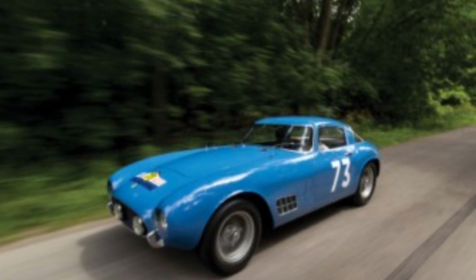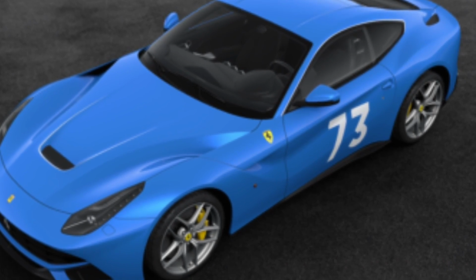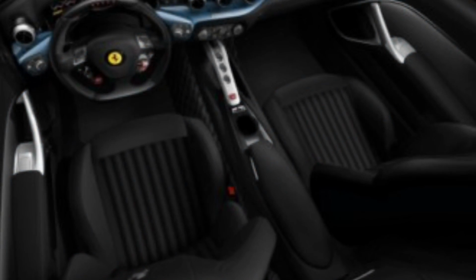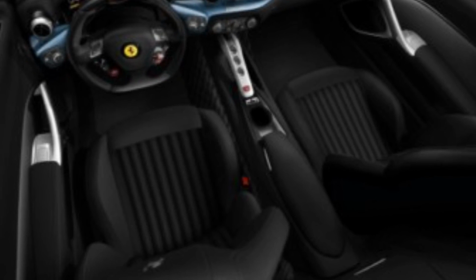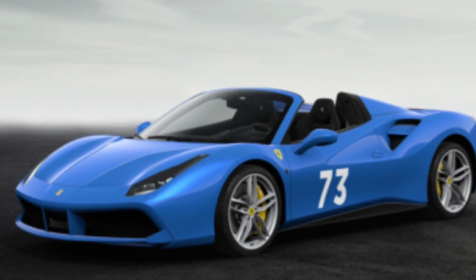Livery number 15, this is the Tour de France, the TDF. This is inspired by the 250 GT Berlinetta Scaglietti, and it's pretty cool color. See, it is a Miami blue